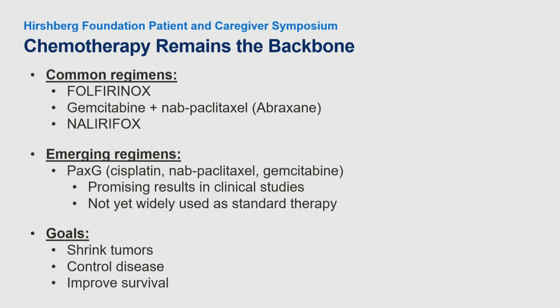But those are the most common regimens of chemo. There's many, many more, but these are the most common ones that we use as the main backbone. There's some emerging regimens. There was a combination therapy called PAX-G, which is cisplatin, Abraxane, and gemcitabine that was tested in a small study in Europe that showed a signal, and so there's going to have to be a larger trial with that, but that's one area of excitement over the last year where I think that the combination chemotherapies,